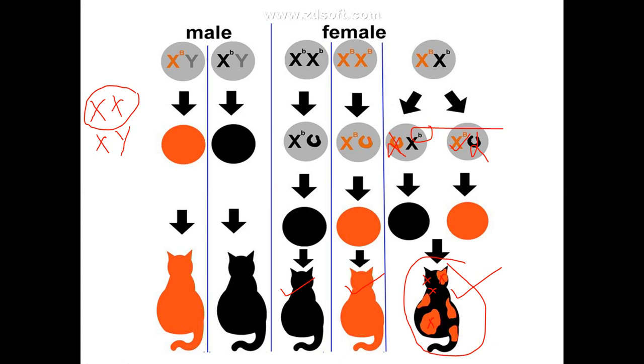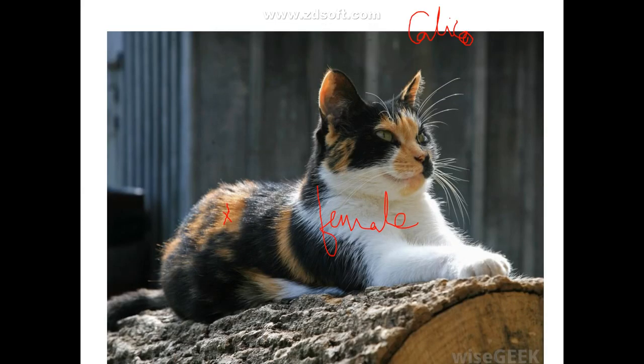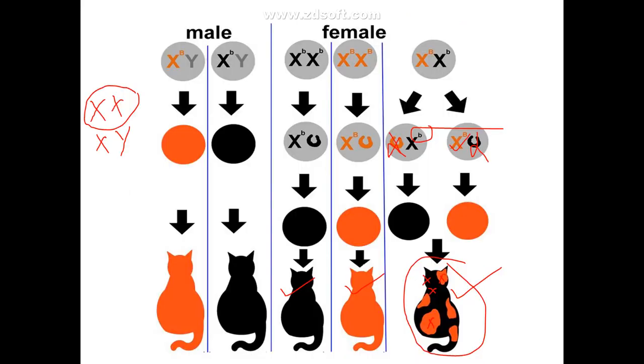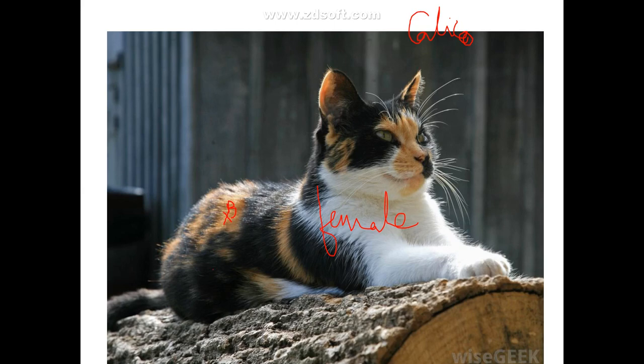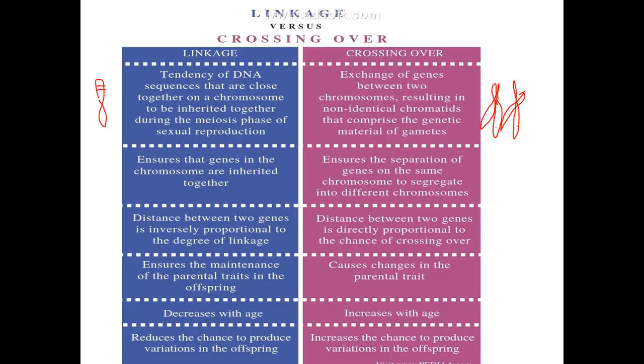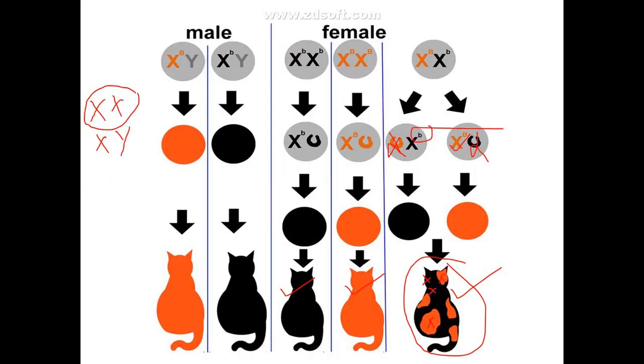I put this X capital B, which is being expressed, and here it is X small b that is expressed. Then what about white? White is neither expressing the orange nor the black, hence you get white. So taking this calico cat as an example, we will study